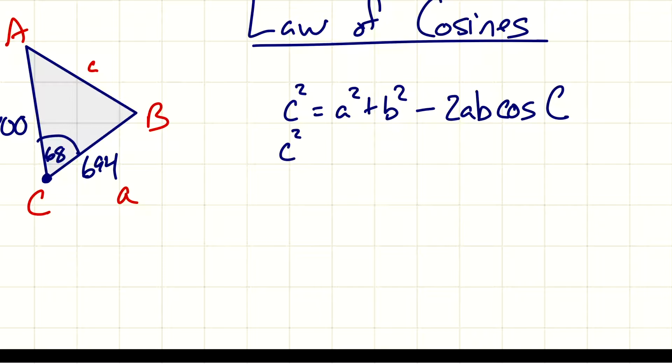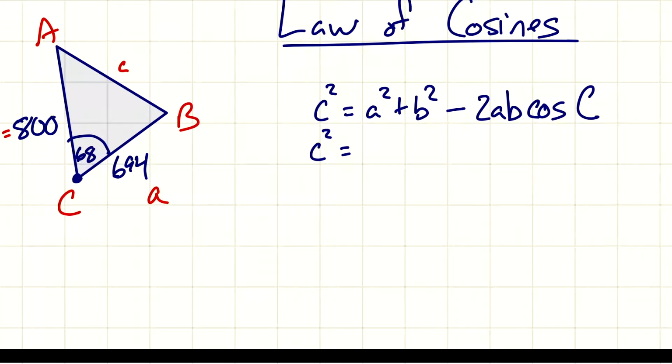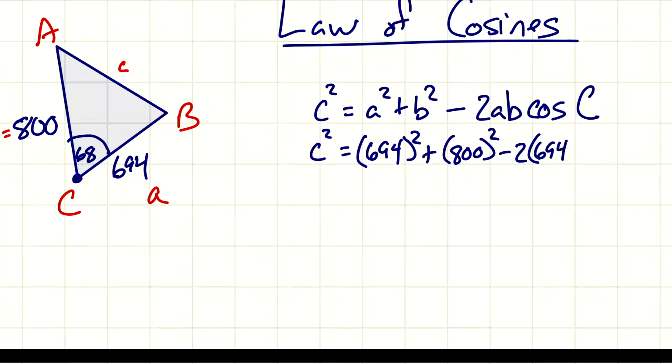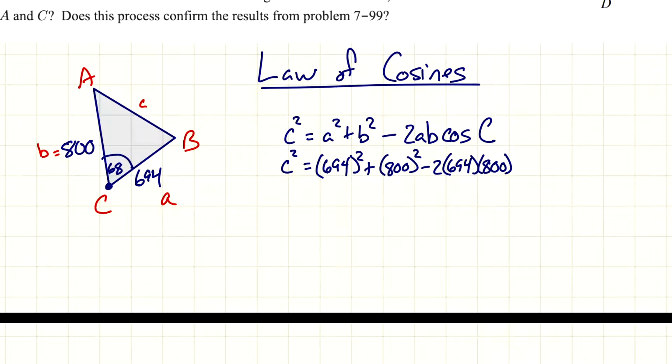So we don't know C, but we do know this is going to be 694 squared plus 800 squared minus 2 times 694 times 800 times cosine of 68. Well, big numbers. For sure, you're going to be using a calculator for this. All right, so we're looking at,